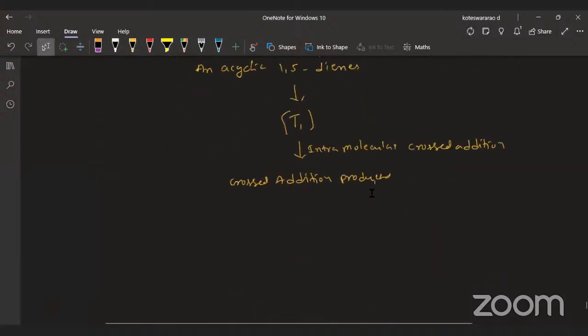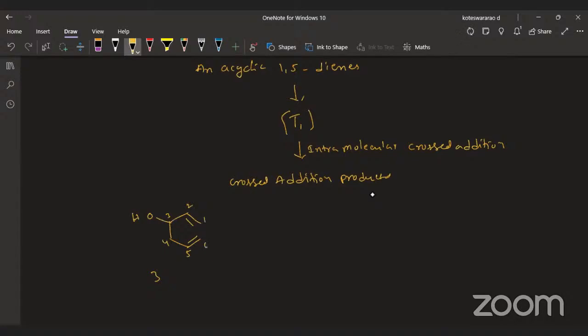Whenever we are taking an example, that reaction, you get here. This is 3-hydroxy, 1, 2, 3, 4, 5, 6. 3-hydroxy 1,5-hexadiene,